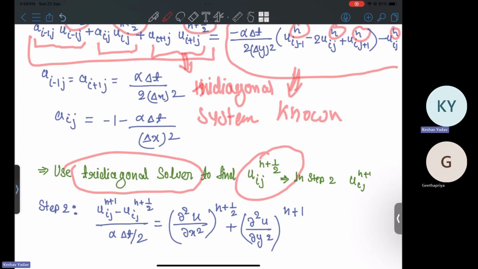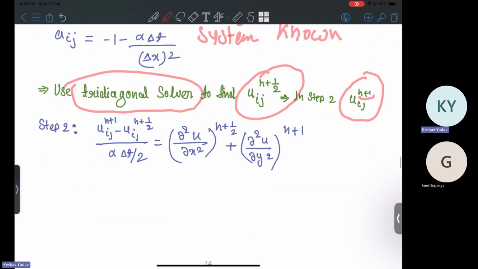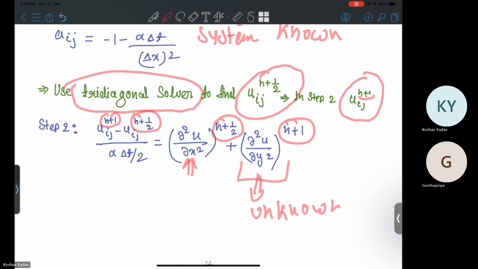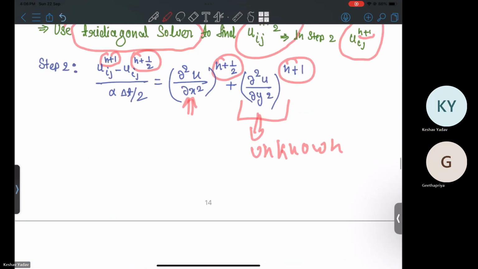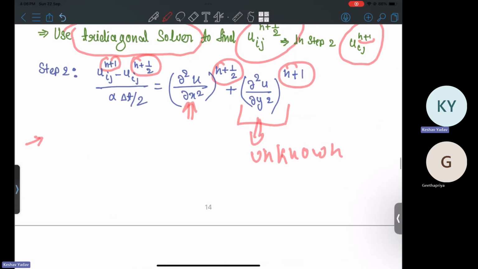Then in the second step, we will find u i j at the n plus 1 iteration. In that case, we go from n plus half to n plus 1, and we use del 2 u upon del x square at the n plus half iteration, but del 2 u upon del y square at the n plus 1 iteration. So this is my unknown. By using the Thomas algorithm